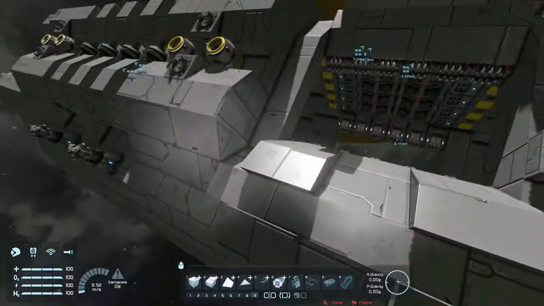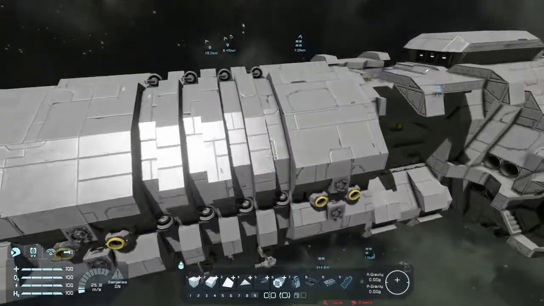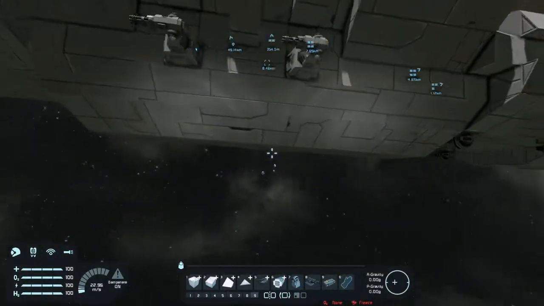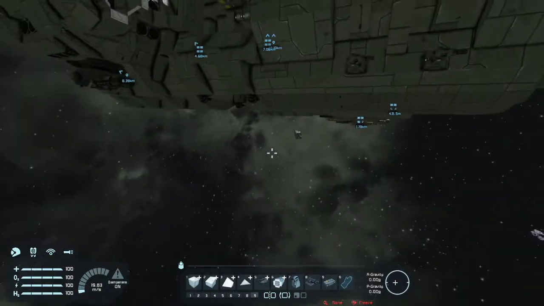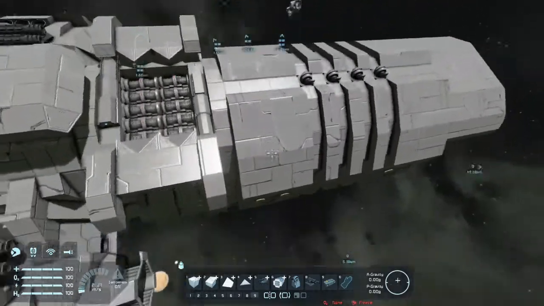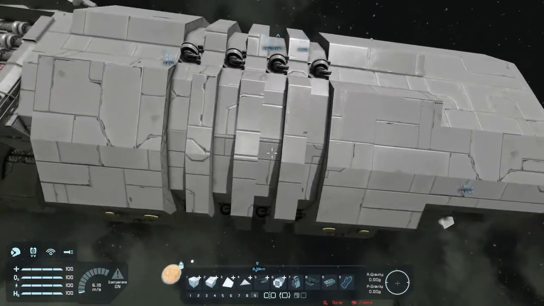So that'll be 4. So it's basically the same as the sides and top, without significantly increasing the profile, and also gives a little bit more coverage to the front. So I think our bottom is slightly better defended than our top is, which is not ideal, but